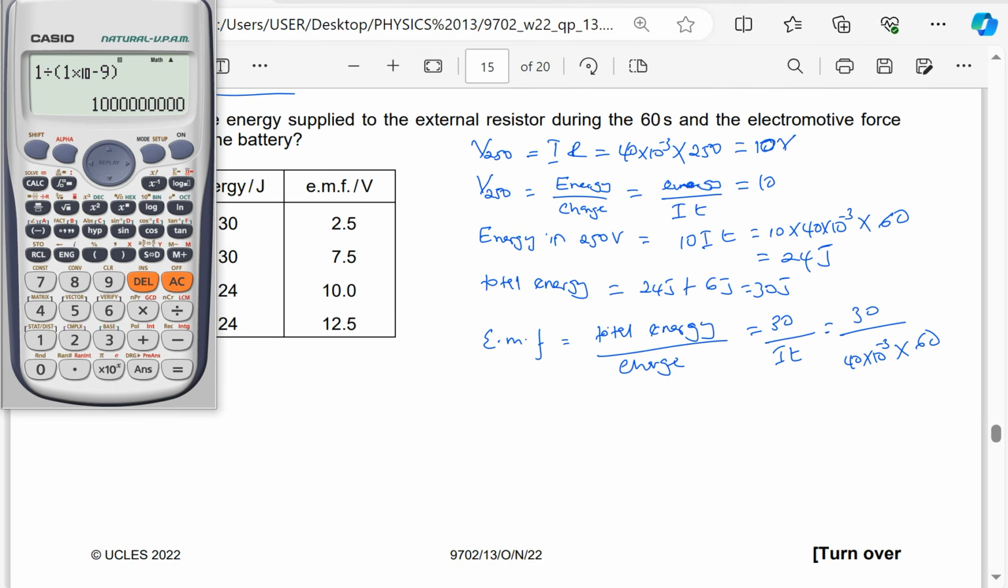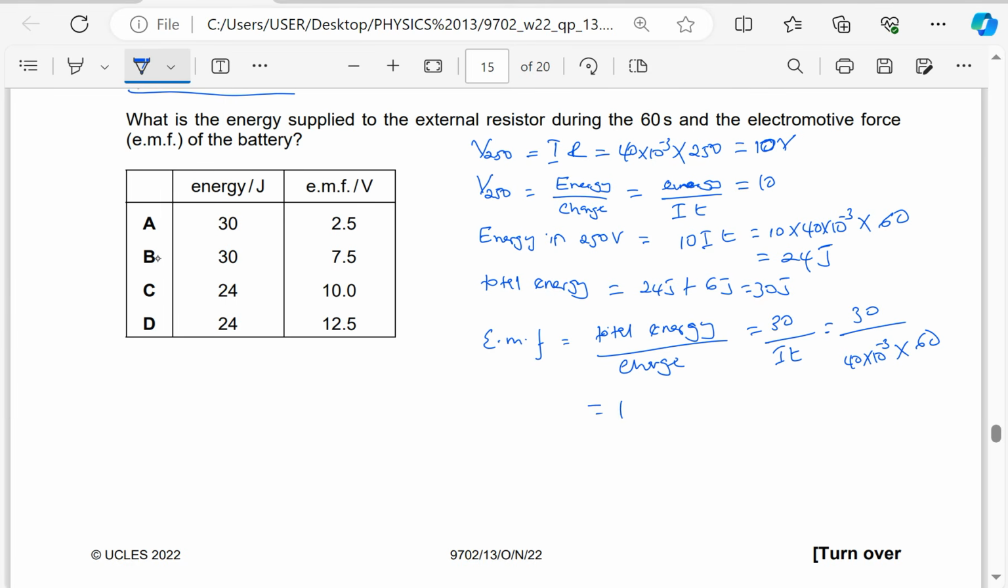So here I had to use both the definitions of the terminal PD and definition of EMF. So I have 40 exponent minus 3 times 60. Then I have 30 divided by the answer, which is 12.5. So the EMF is going to be 12.5 volts. So the answer is going to be D. The energy supplied to the external resistance we have already got as 24 joules, and the EMF is